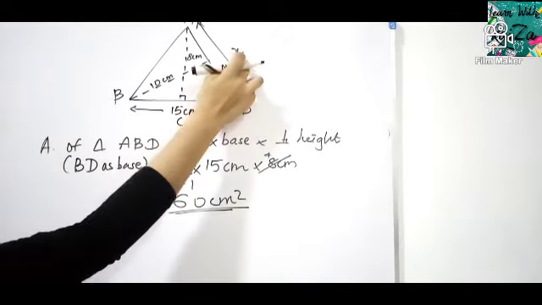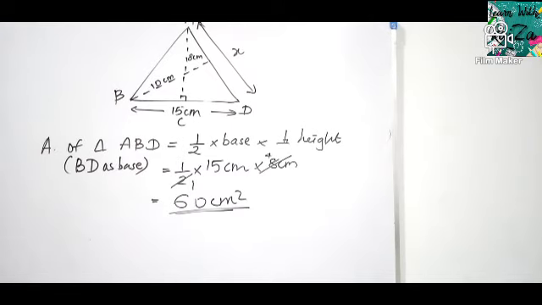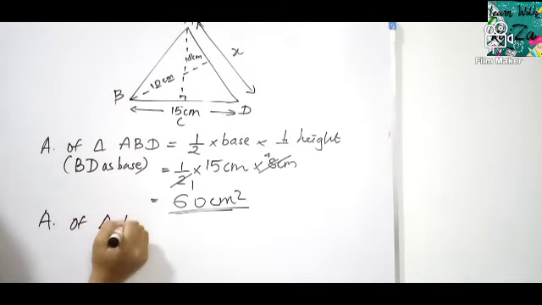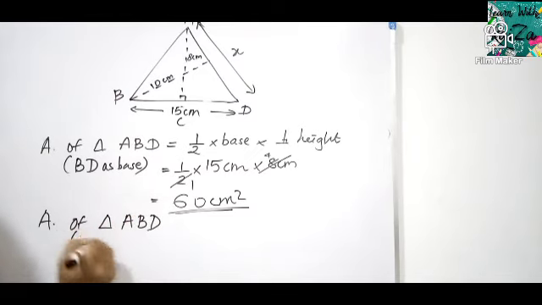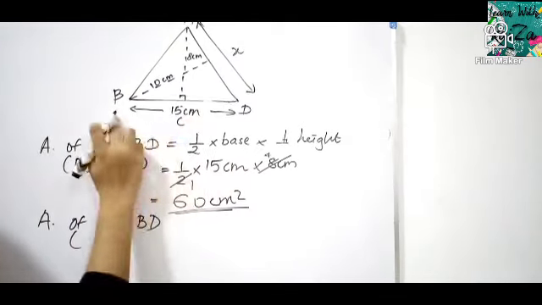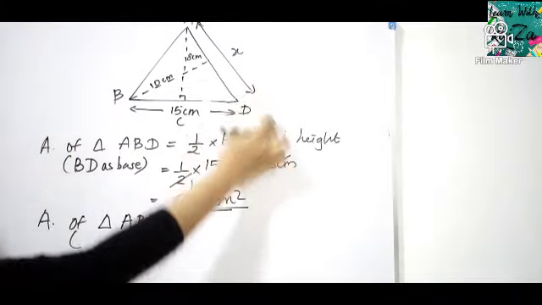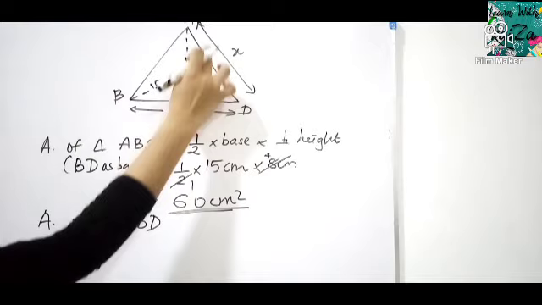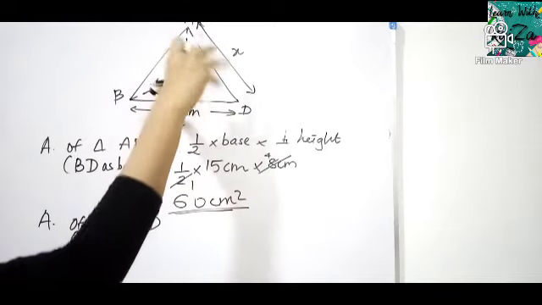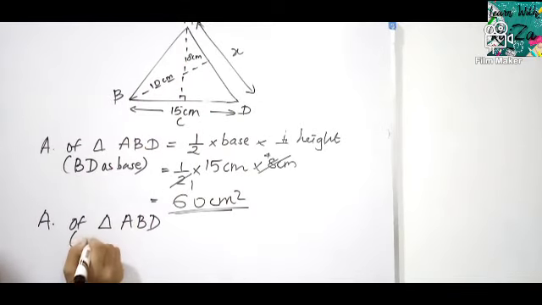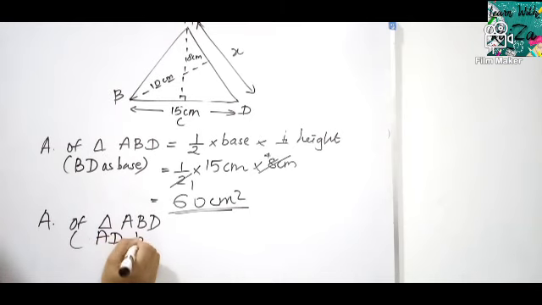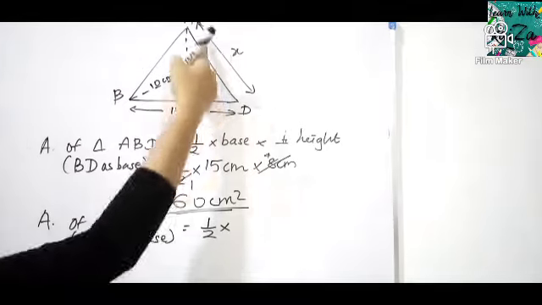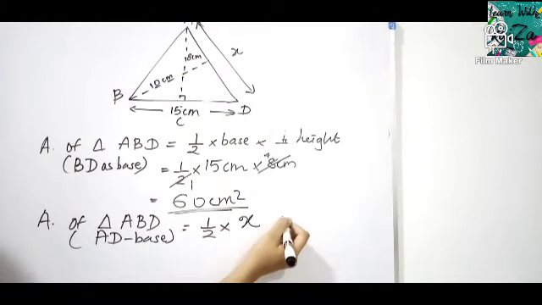But we need to find the length of x. So then we have to consider again the area of triangle ABD. But who is the base? Is BD the base? No, we need to consider AD as the base. Just in your mind, turn this triangle so that x comes to the base. So it is having another base. I am considering AD as base. If I take AD as base, what is the AD length? Yes, x. That is what we had to find.